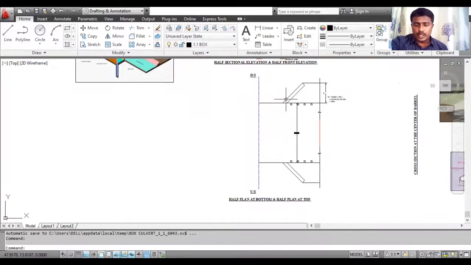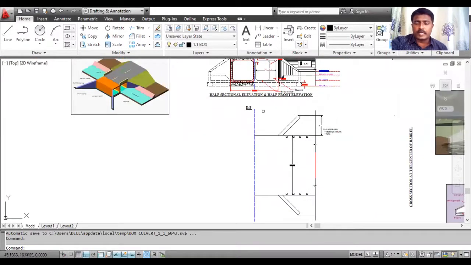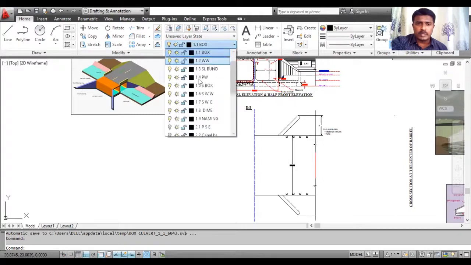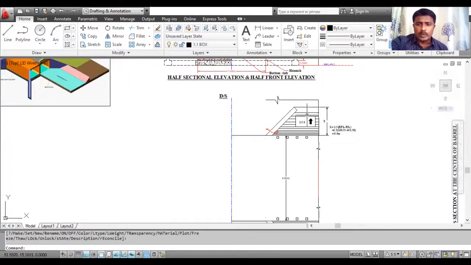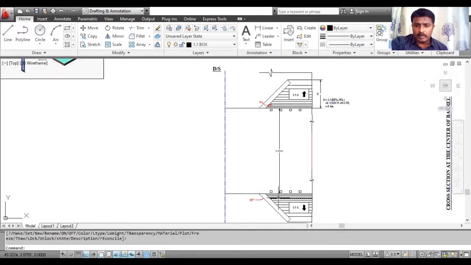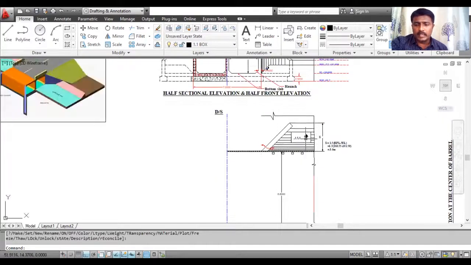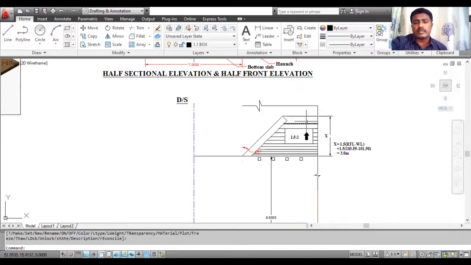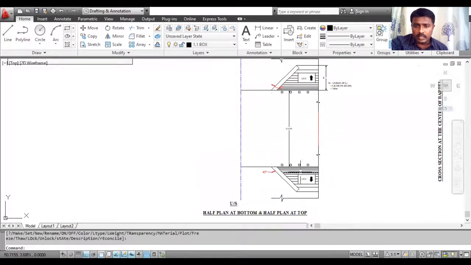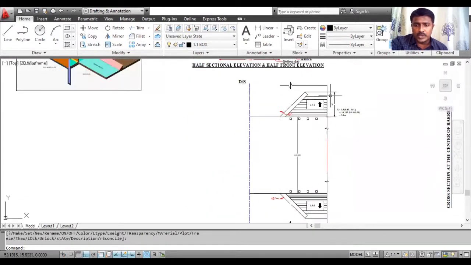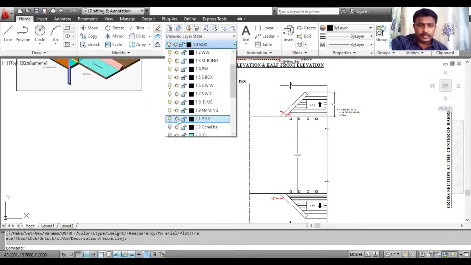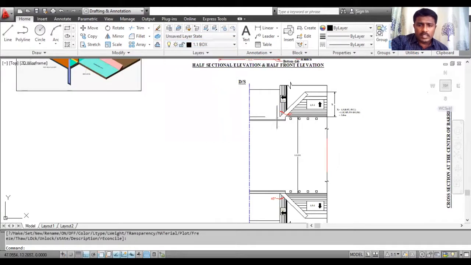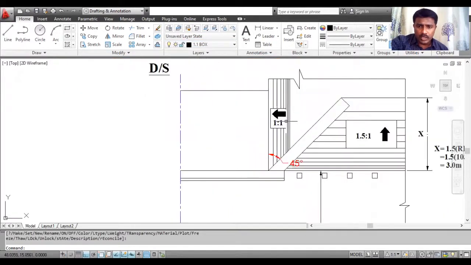Already you did this drawing when making the half elevations, the front elevations. Some few procedures or few points you have to follow. So first you have to show the slope. Here there is a road embankment on both sides. Since there is a road embankment, you have to show the directions of slope on the road embankment here and here. So this is the upstream portion, this is the downstream portion. So next you have to draw canal slopes. Here you have to draw canal slope.